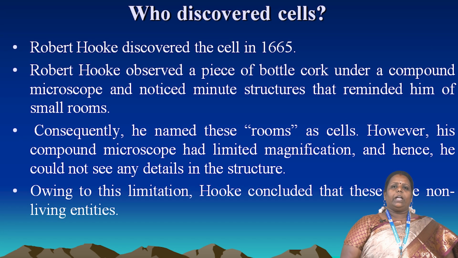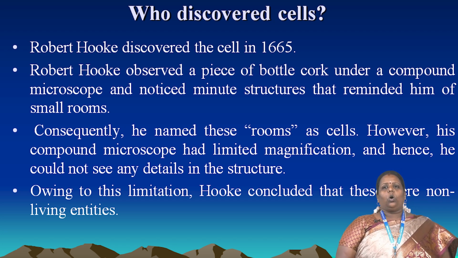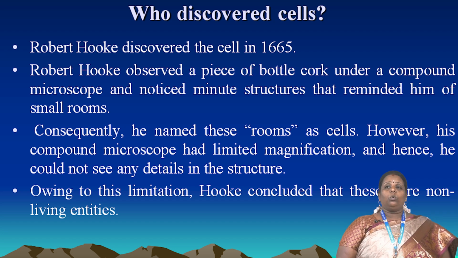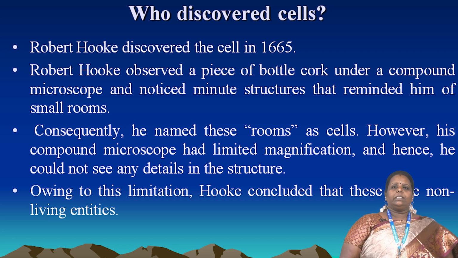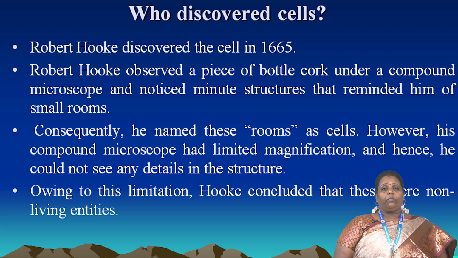After that, we have to know who discovered the cell. The scientist who discovered the cell is called Robert Hooke. He discovered the cell in 1665. First, Robert Hooke observed a piece of bottle cork under a compound microscope. At that time, he noticed minute structures that reminded him of small rooms. Already I told you, we can see biological things. After that, they have to identify whether it is